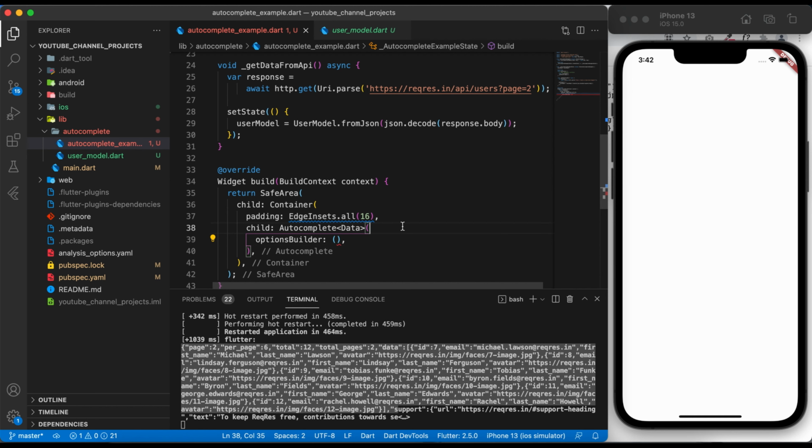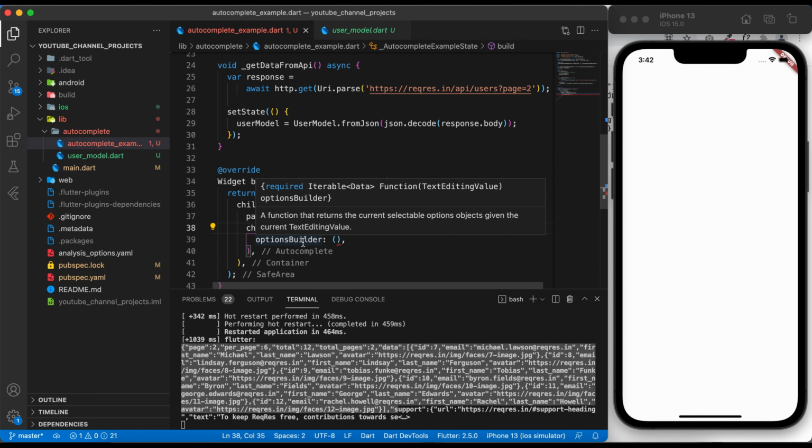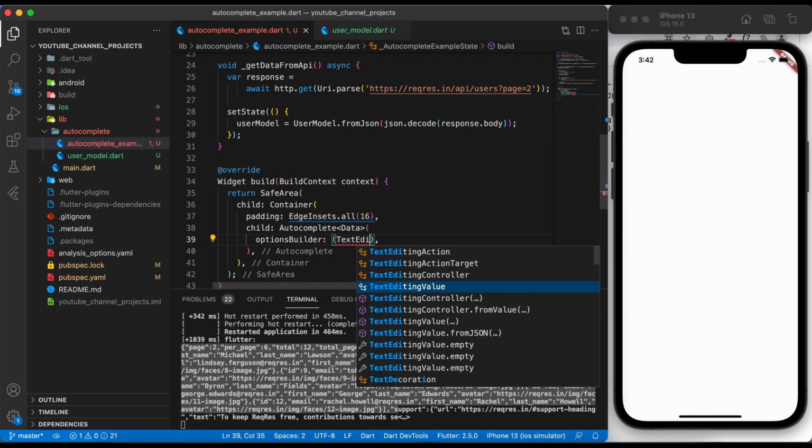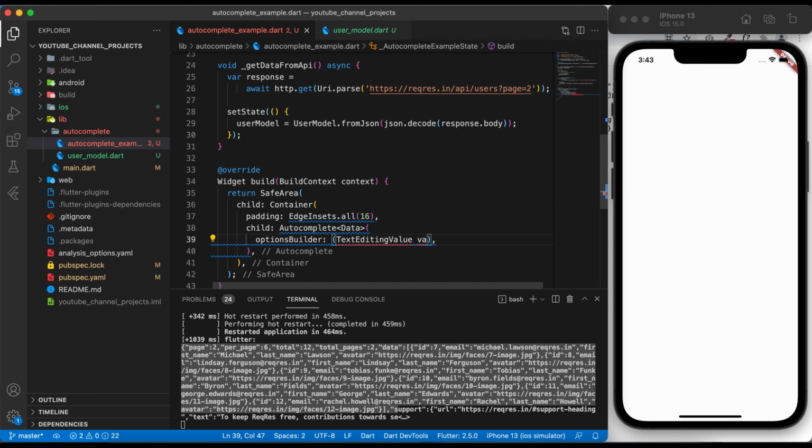So let us check what optionsBuilder takes. The optionsBuilder takes a TextEditingValue. Let me define textEditingValue.